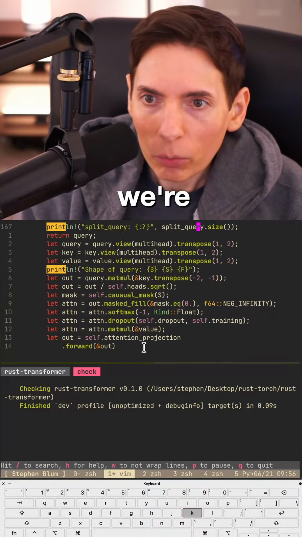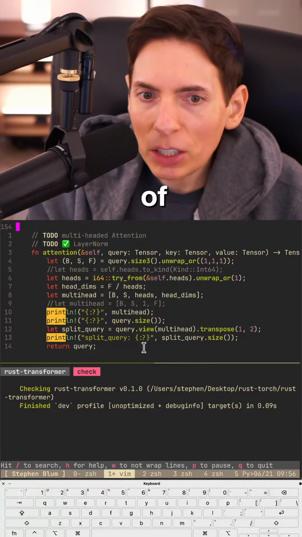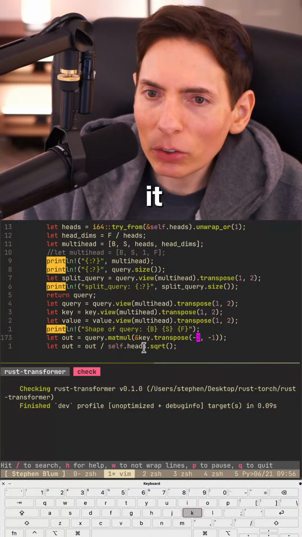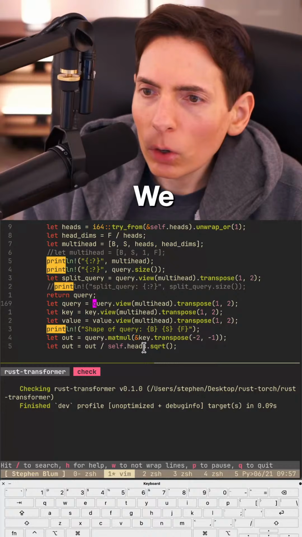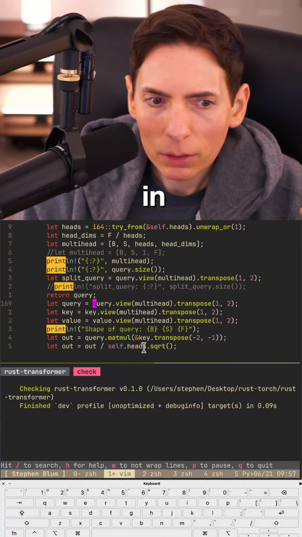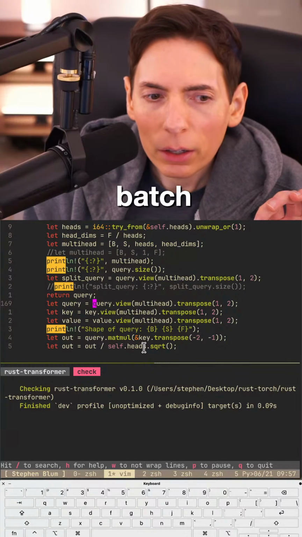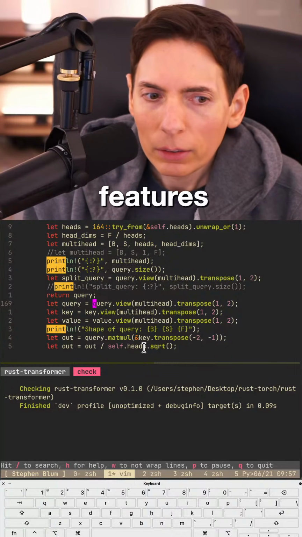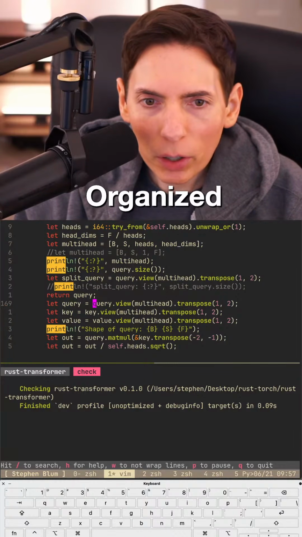We're getting very close. The multi-headed attention always gives me a struggle because it's a lot of changing. It's a lot of stuff that we're changing around, and this makes it somewhat of a challenge. So we've got our projections. We already threw our projections in. We're changing the view to batch, sequence, and then features. Then to multi-heads.